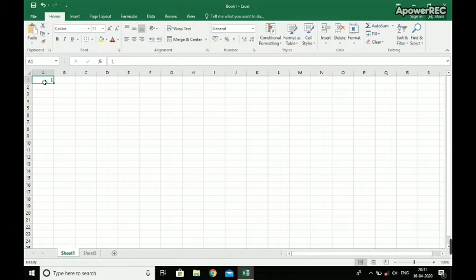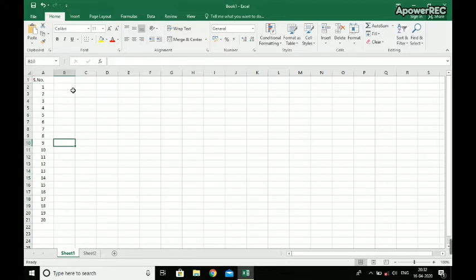Okay, so let us see what is a shortcut of writing the serial number. So first of all, I will write the field name as serial number, and will write the first two numbers, 1 and 2. Now with the help of your mouse, click the left button and select both the numbers. Now when you take your mouse pointer towards the small square just below, you can see it changes into a plus. You only have to click and drag. Now you can see the numbers have come from 1 to 20.